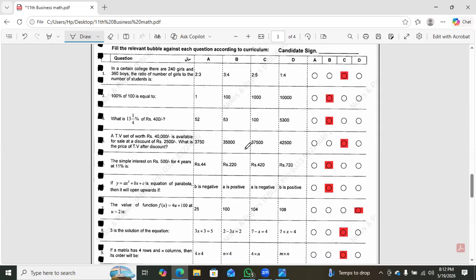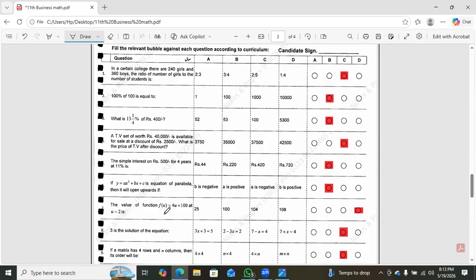3,700 and 37,500. The simple interest on rupees 500 for 4 years at 11% is 220 rupees. If y is equal to ax square plus bx plus c is the equation of a parabola, then it will open upwards if a is positive. The value of this function at